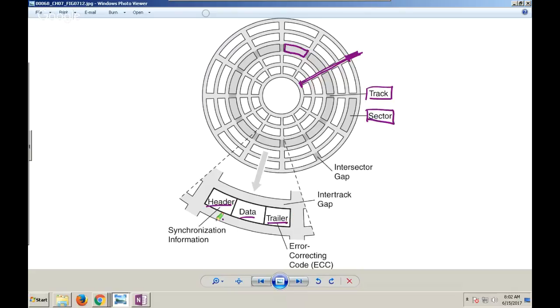The header is, as it says, synchronization information, right? To put less fancy terms to it, it describes the sector, okay? It describes what's being stored in that particular sector. Then we will store the actual data itself. And then once we have stored that, the last thing we have to store is error correction data, okay? All 3 of these pieces are required for the hard drive to function successfully. If any of the 3 are corrupted, it's all corrupted, okay?